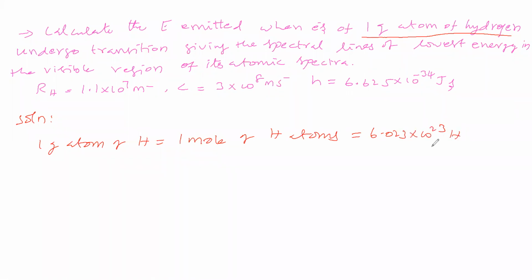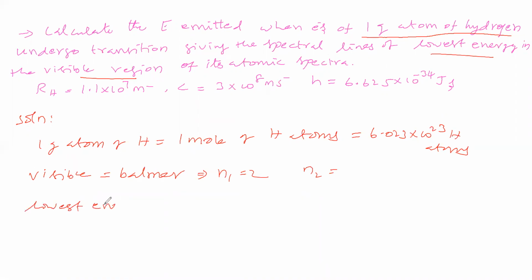Avogadro number of hydrogen atoms, we can say, undergo transition giving the spectral lines of lowest energy in the visible region. Visible region in the sense Balmer series. Balmer series in the sense lower level is 2. Now we want the higher level. Here they said lowest energy, so lowest energy in the sense